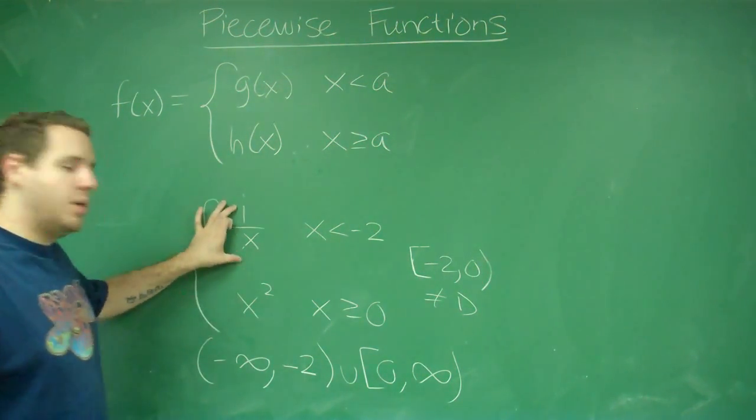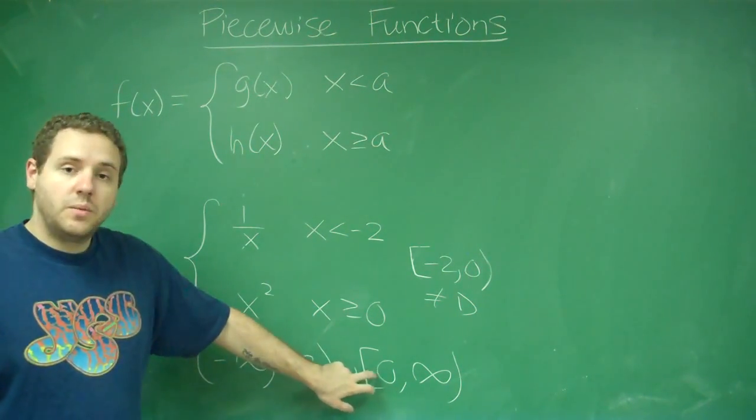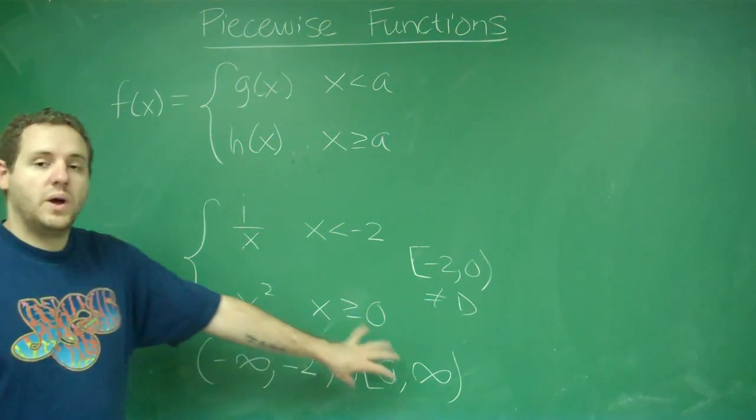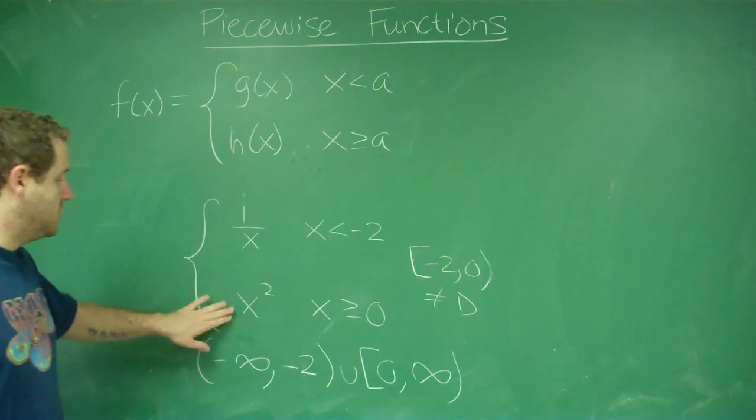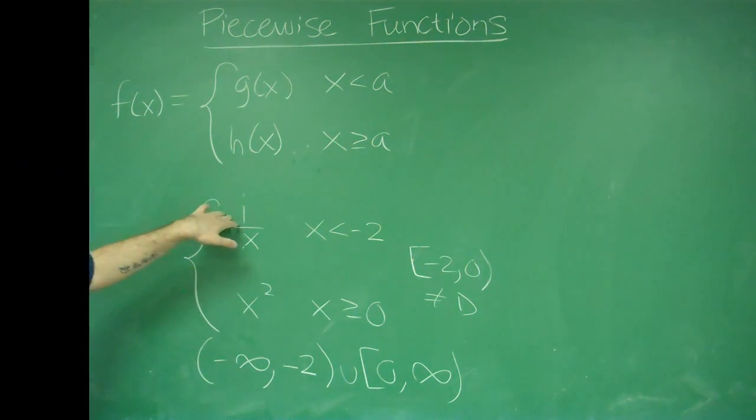So you can see, even though we have 1 over x, 0 is in our domain, because when you're talking about x equals 0, you're using this function, not this function. So that's what you need to be